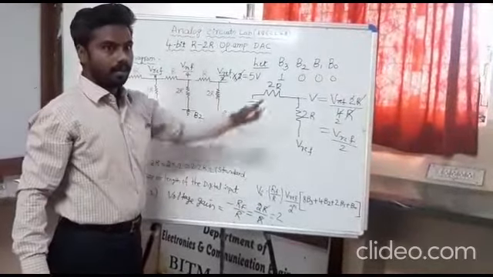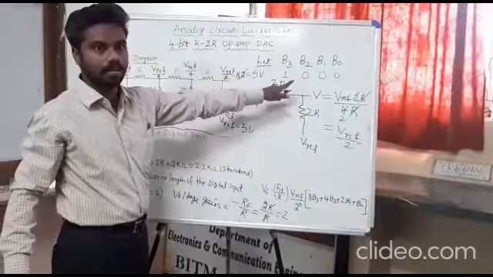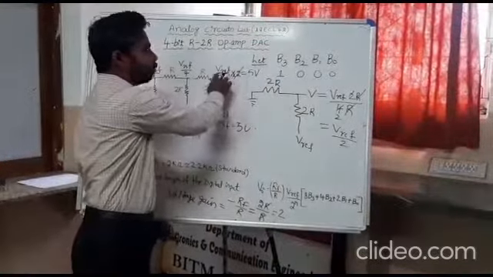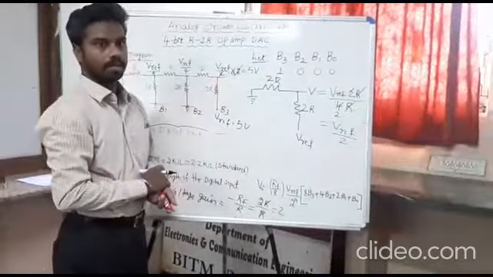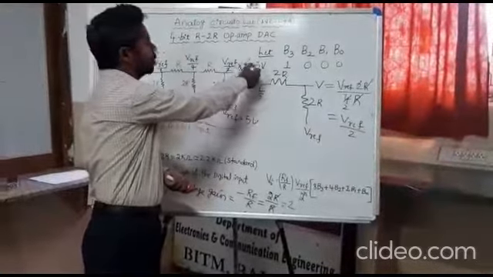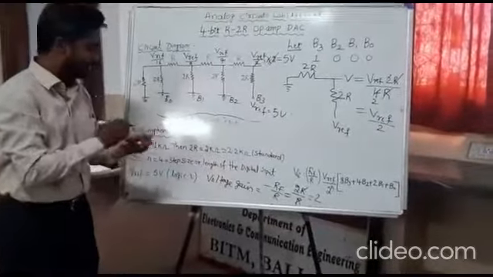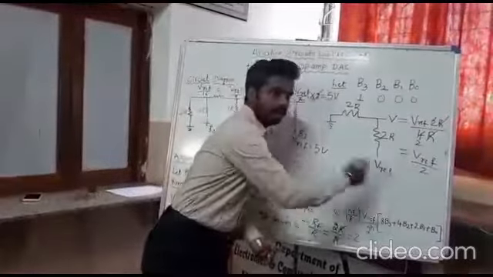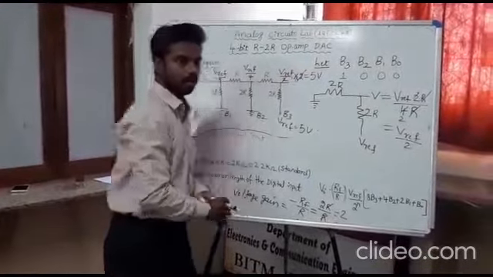If the inverting configuration with unity gain is provided with RF equal to R, then we would get V reference by 2. But it is increased to 2, right? The voltage gain is set to 2. So 2 times V reference by 2 is the actual output, so it is 5 volts. Similarly, you can calculate all the rest of the analog outputs theoretically with this formula and verify through the hardware experiment.